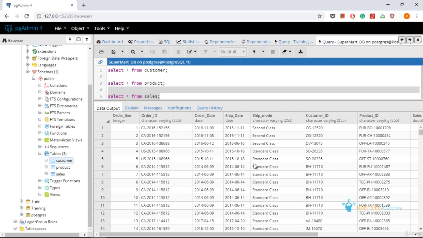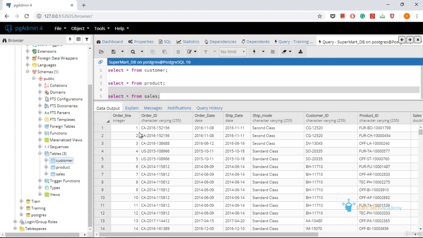So this supermarket store has some customers. It is storing the data of the customers with itself. This has some products. It is storing the data of products in a product table. And every day, whichever sales are made, it is storing which customer bought that product and what was the product ID. So this sales table has order line as the primary key.